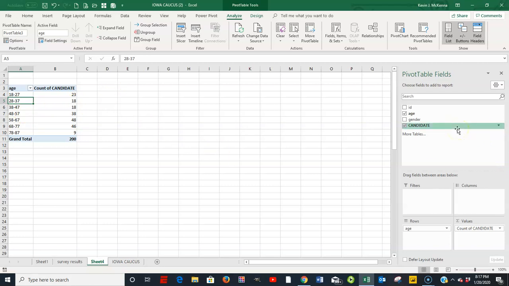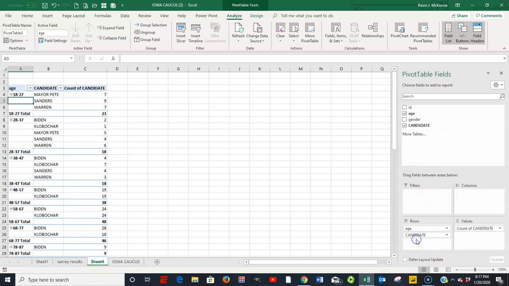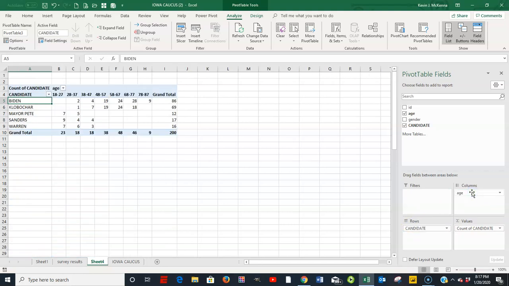However, what I'd like to do next is to take the candidate field name and drag it down to rows. A little bit more information. And then I'm going to take age and drag it up into the columns box. Once again, it's up to you how you want to view that information, but the way it's being summarized right now is that we have 200 records,